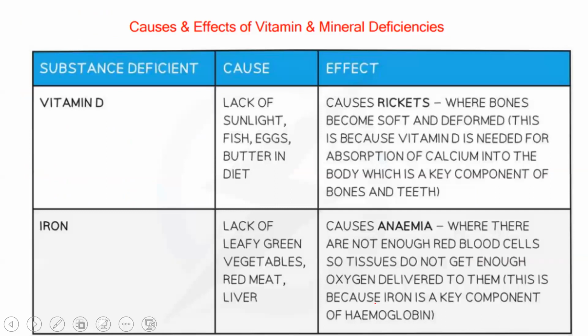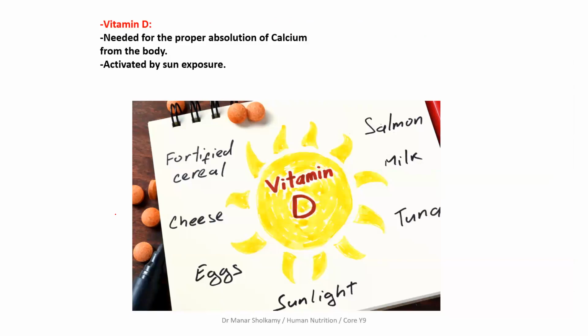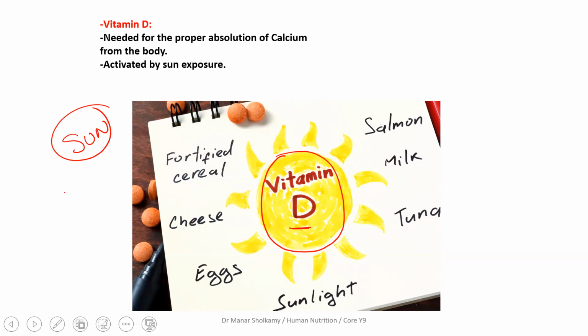Okay. Now, we did talk about those things. I want to show you pictures soon. We talked about vitamin D. Why is there a picture of the sun, Ahmed? Were you paying attention? What is the relation between vitamin D and the sun? The sun, what does the sun do to the vitamin D? I'll give you two options. It will activate vitamin D or not activate vitamin D.